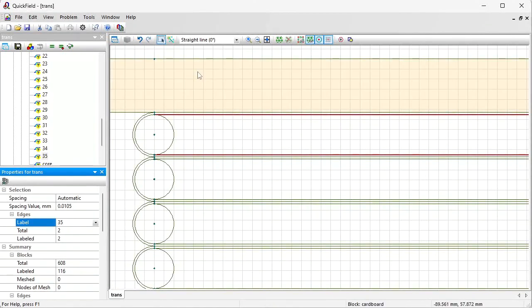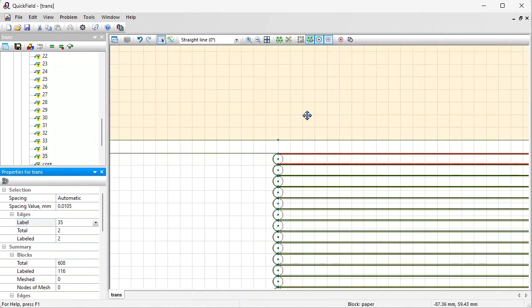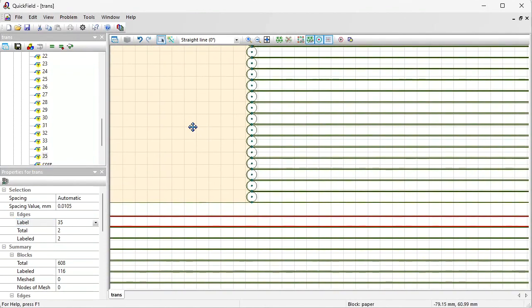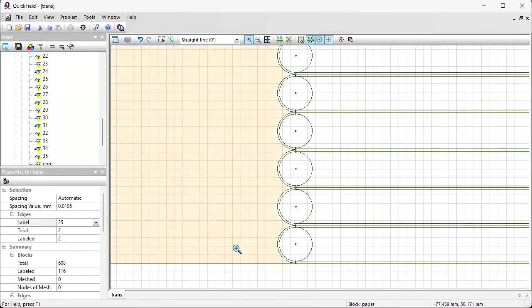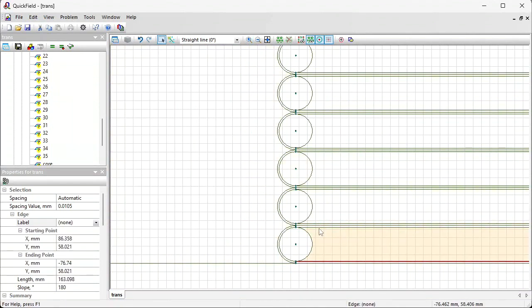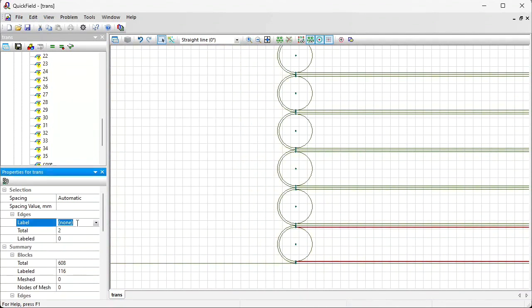So there are 35 layers in this part of the winding. Now let's assign labels to the second part of the winding. This would be layer 36, 37,